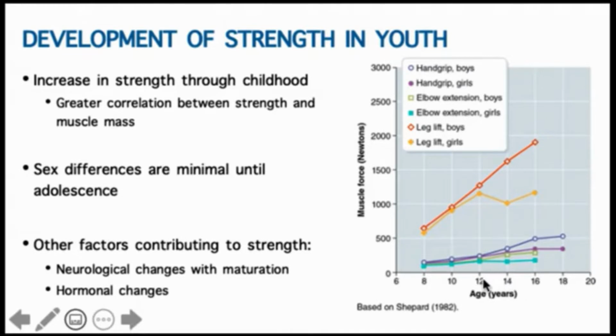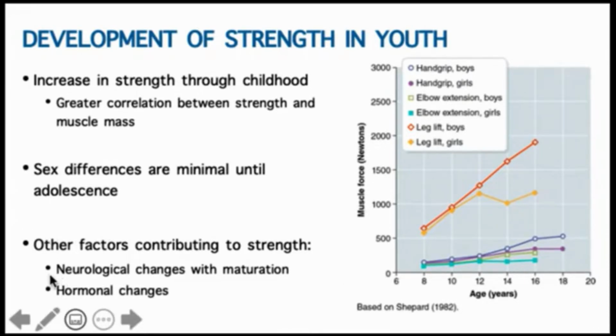And so when we look at these adolescent periods, from age 12 onward, you see that there are these larger gaps. This leg lift between boys and girls is probably the most noticeable gap, right? But we see these larger gaps between the sexes because boys are increasing the size or the cross-sectional area of their muscle, which is going to directly affect their muscle force much more than we see in females. Okay, so those are the hormonal changes that are going to be contributing to strength by directly changing the size of our muscles. But